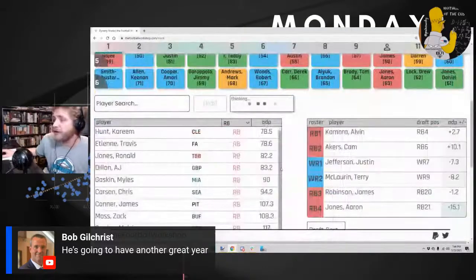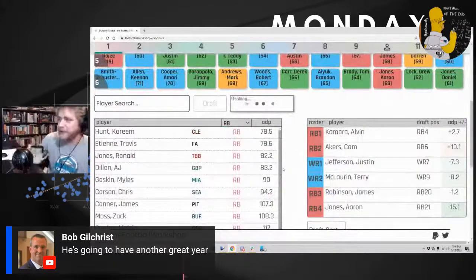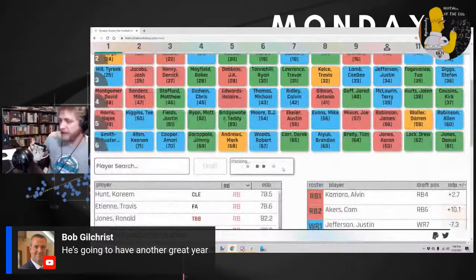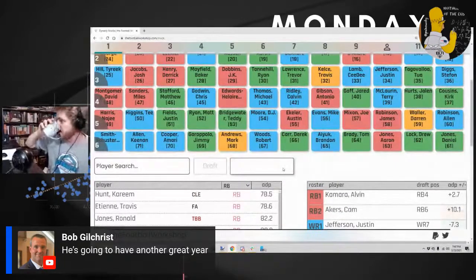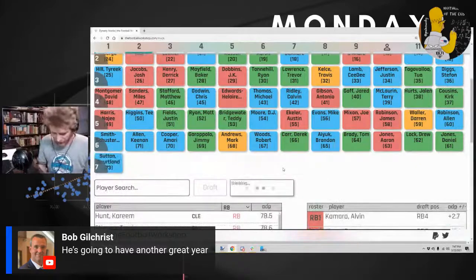Oh, JuJu Smith-Schuster. Oh, yeah, I told you he was going to be picked. He's a 7th round pick in regular single quarterback ADP right now, so that's high. It's kind of what I was talking about on the podcast. He can be ranked outside the top 24 wide receivers all he likes. I don't think people are valuing him there, and I think that's why everyone thinks of him as overrated. Or that's why I get into arguments on Twitter about him anyway. Courtland Sutton, good pick in the 7th round.